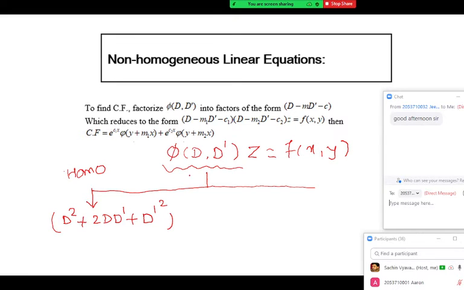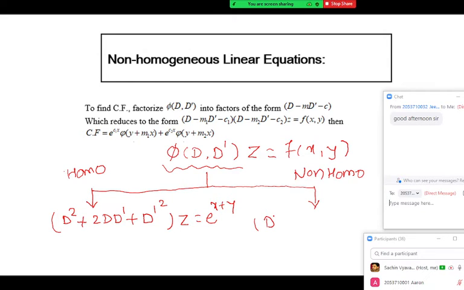If that auxiliary equation is homogeneous throughout, you will observe the degree of the first term is 2 because D raised to 2 is there. The degree of the second term is also 2 because D raised to 1 and D dash raised to 1, so 1 plus 1 is 2. And the third term has degree 2. So this is a homogeneous partial differential equation, say with this RHS. This is one of the examples of a homogeneous higher order PDE. This is actually a second order, degree 2 equation.